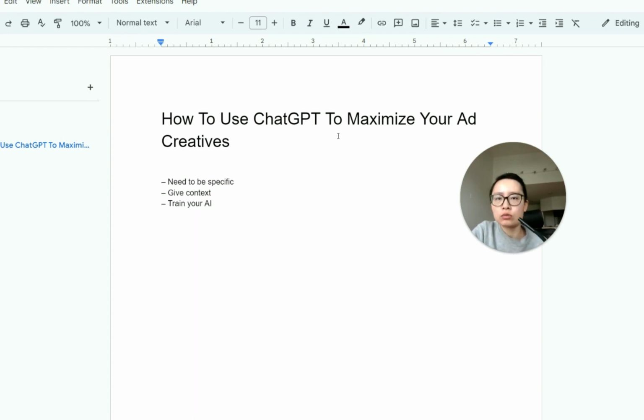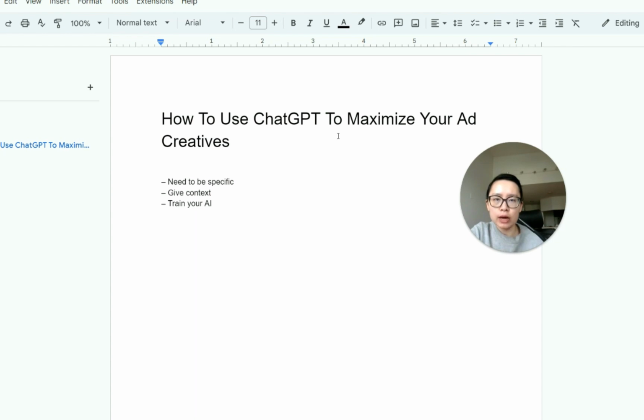If I want to write a YouTube script for a video I'm about to shoot, in my ChatGPT prompt I will need to tell ChatGPT, hey, I am writing a YouTube script for a video that I'm about to shoot this upcoming week, and here are some of the things I want you to take notice of or factor into the video script. This is what I would call context. You need to tell AI exactly what you are doing, the goal, and the setting.